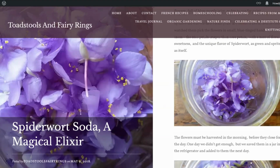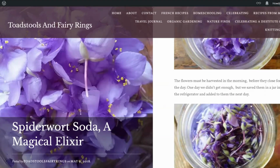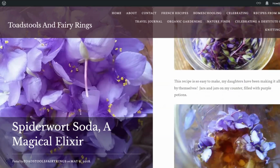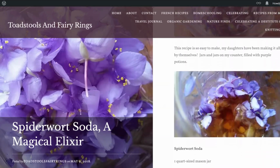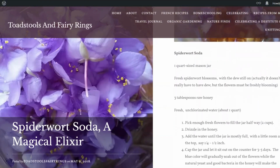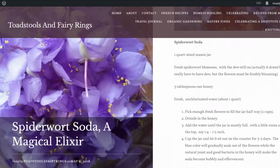Apparently, the interaction with the honey results in a carbonation-like effect, and people seem to like it. I'm wondering if it's possible to use other flowers to make the same sort of drink, and I may try that later with roses. So one morning I went out to collect some spiderwort flowers, and I was doing pretty